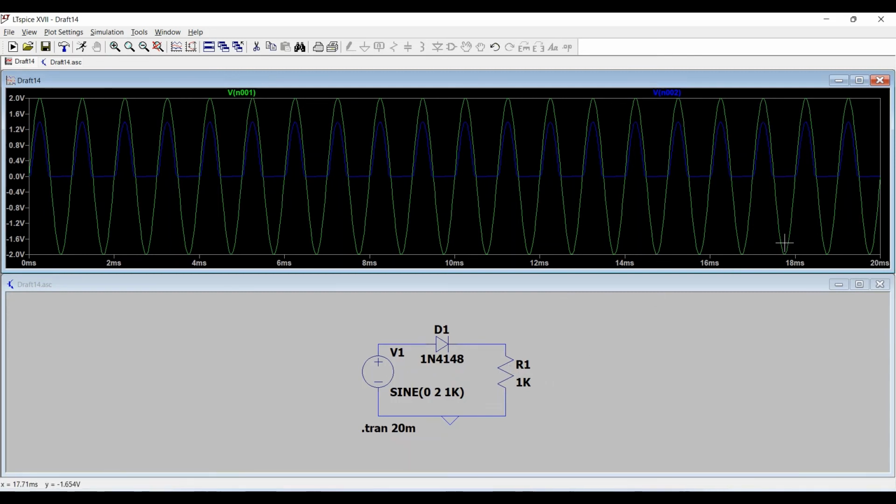So now, for exercise purposes, you can add one capacitor over here that will be acting as a filter. What is the purpose of this capacitor? It will filter out the DC components, right? And change the value of the resistor and see what happens at the output waveforms. Increase the value up to 10 kilo ohm and maybe reduce it to 1 kilo ohm or 100 ohms, right? So hope you understand this